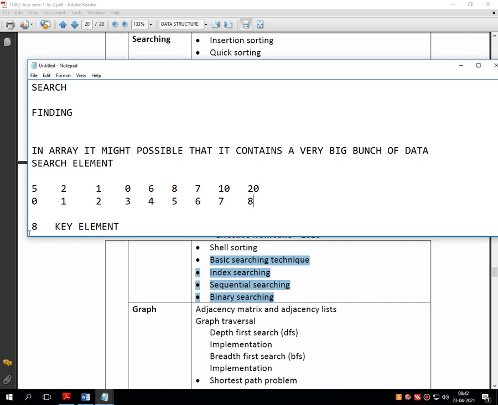So the key element 8 is found. That means the search is successful at location number 5.